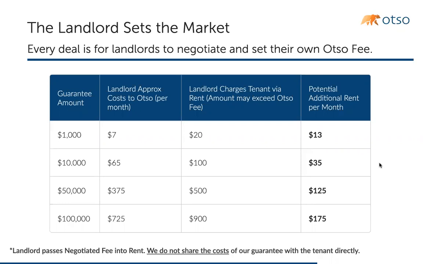That is a massive amount of coverage that landlord would never have been able to collect without using the power of Otso. And you know what they're paying? $175 a month for a $20,000 guarantee. So that's exciting. Oh, and by the way, he's charging the tenant $250 a month. And so that's the example here: when the landlord controls the negotiation, the broker controls the negotiation, that doesn't change with Otso. You guys set the market for every single deal.